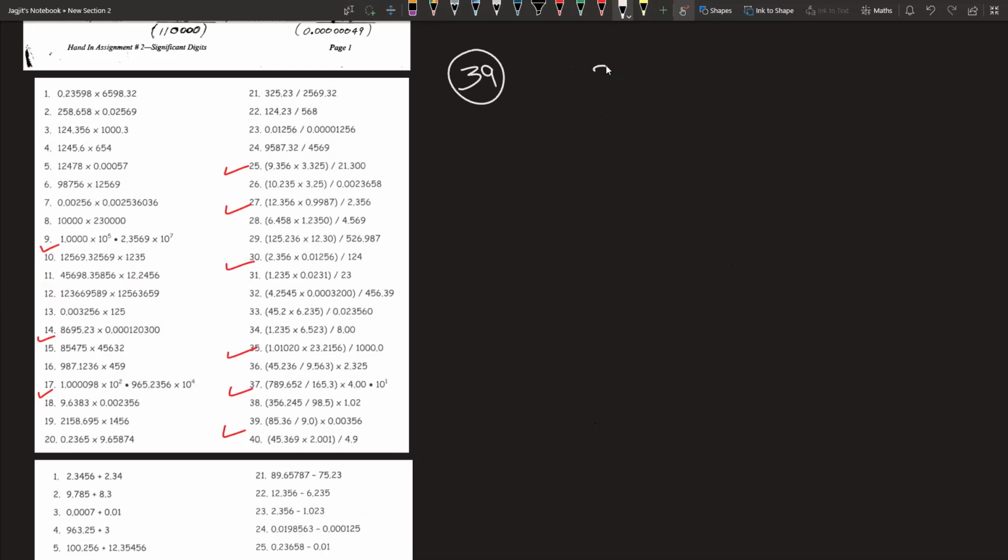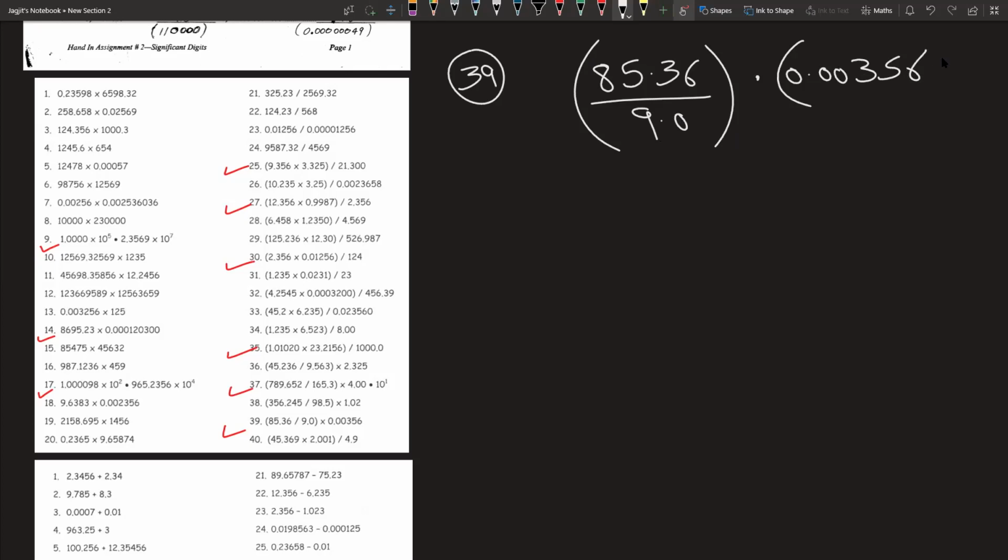So we have 85.36, and we're going to divide it by 9.0. You see there's a bracket there? And then we're multiplying this with 0.00356. We put another bracket there. With multiplication and division, you don't need to worry too much about it. You just go 85.36 divided by 9.0, and then you multiply it with 0.00356. This should give you